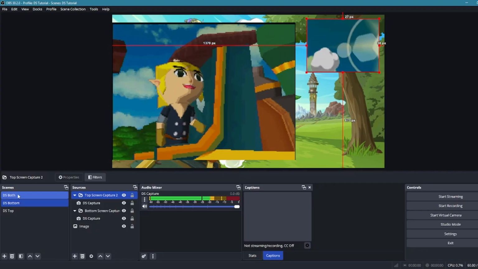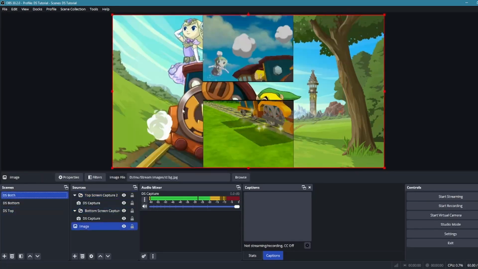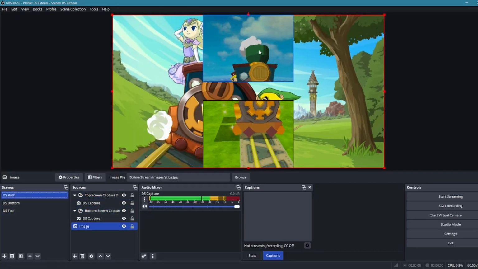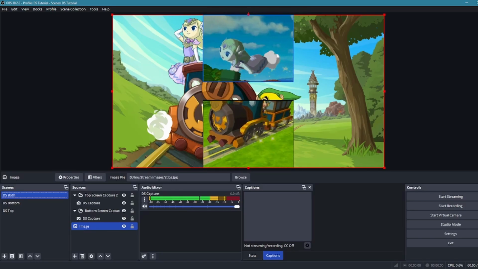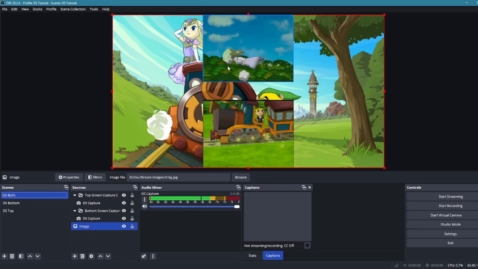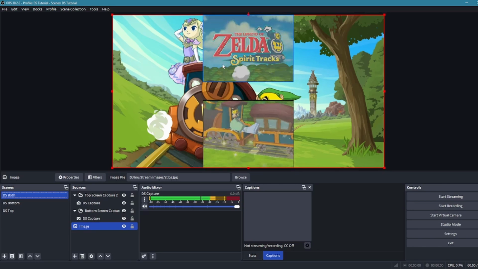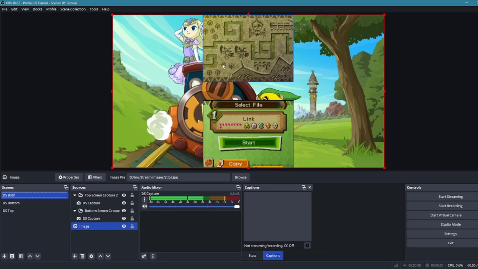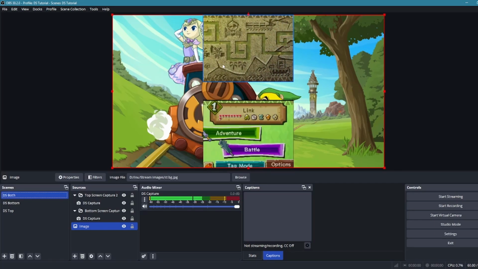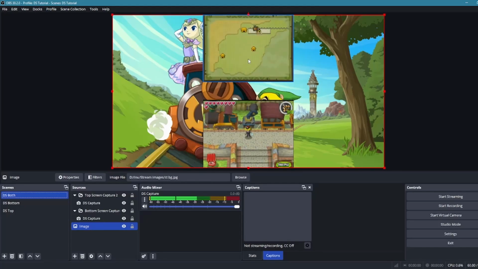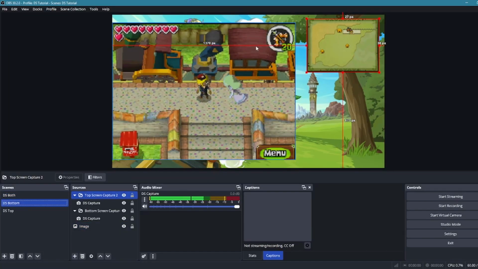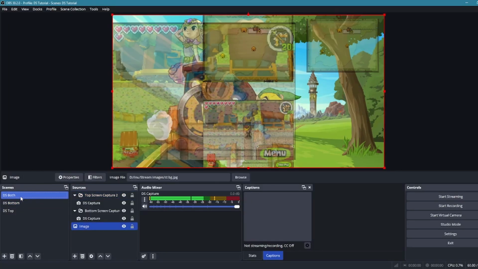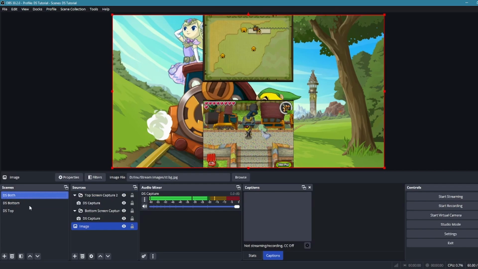But the issue now is, what if I want to switch between them? Right now, I'm playing the intro to The Legend of Zelda Spirit Tracks, and for the intro, this two-screen setup works out pretty well. But if I go in and start my file, like this, this two-screen setup doesn't really work that well anymore, because I'm gonna be wanting to focus more on the bottom screen compared to the top screen. And so the way we're gonna set this up, so that you can easily switch between these three different screens,